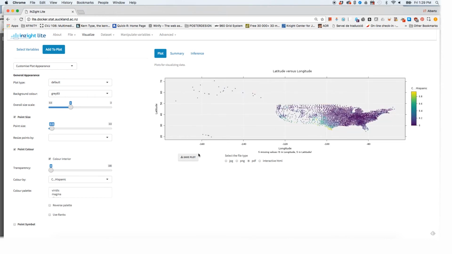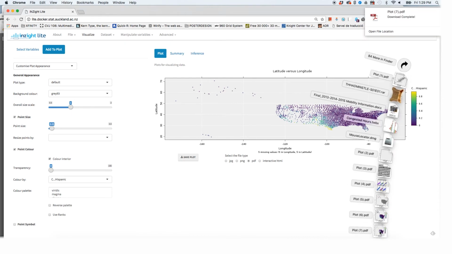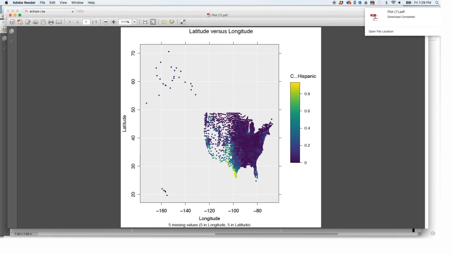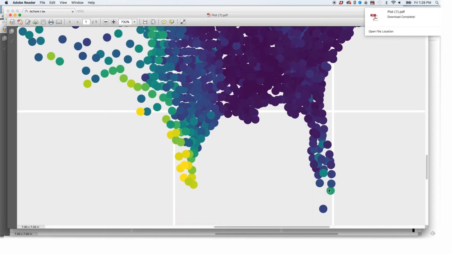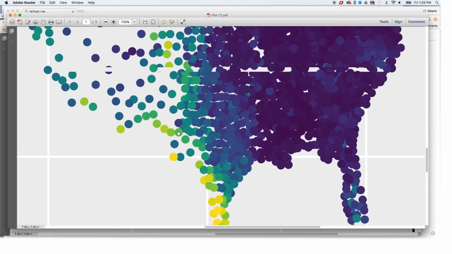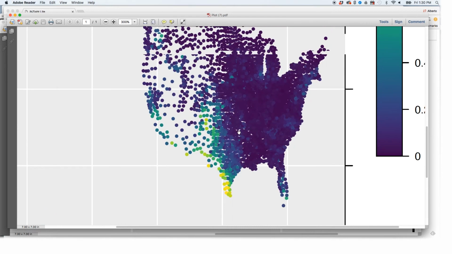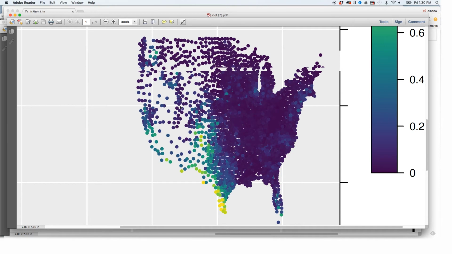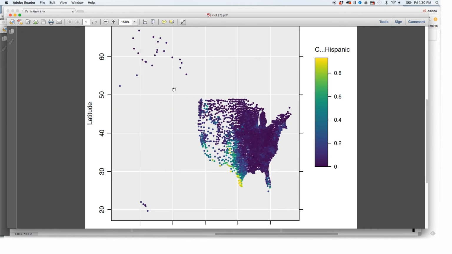And then we can save the plot again and open up the new one, and you will notice that the dots have become much smaller and the picture becomes a little bit clearer. If we zoom in, we will be able to see them more clearly. As you can see, the counties here on the border between Texas and Mexico are the ones with the highest percentage of Hispanics. But then you have counties also in Colorado that have a high percentage of Hispanics, right? In Alaska, the percentage of Hispanics is super small.